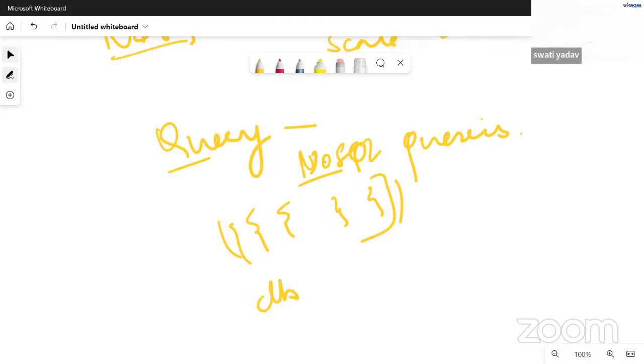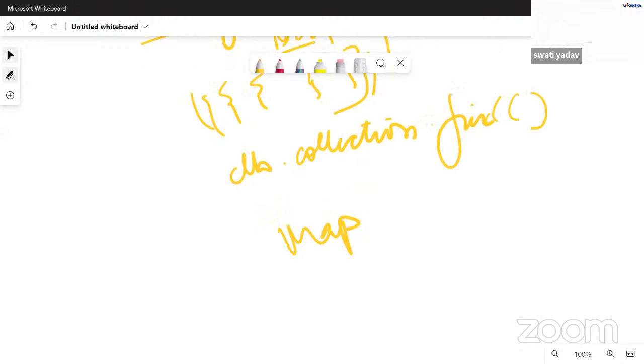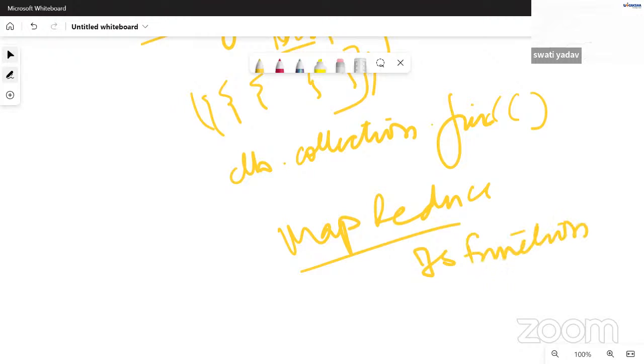For example, if you try to view the results, you could do db.collection.find. Other popular solution would be to create the query functionality directly into the application layer and not into the database. There we use something called map reduce, making use of JS functions for mapping and reduction.